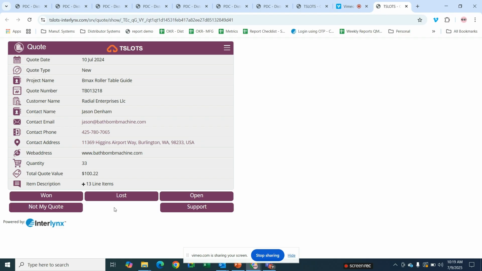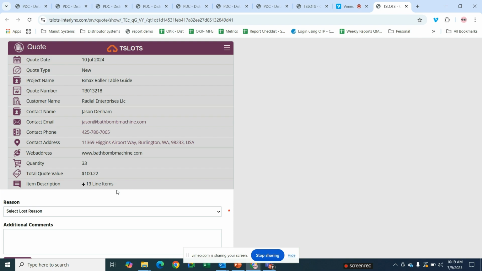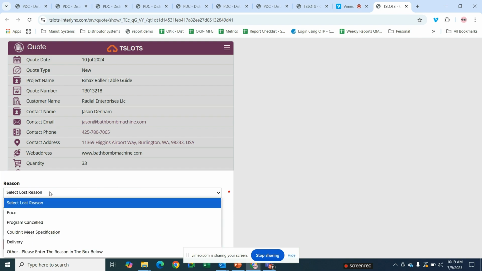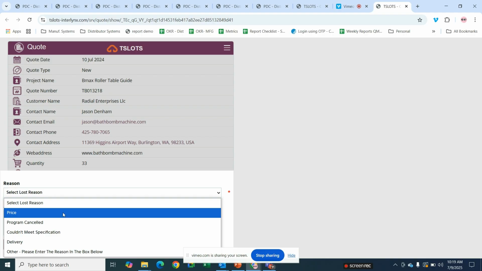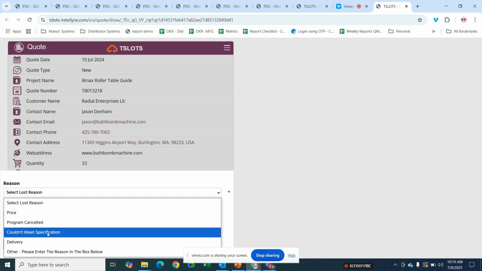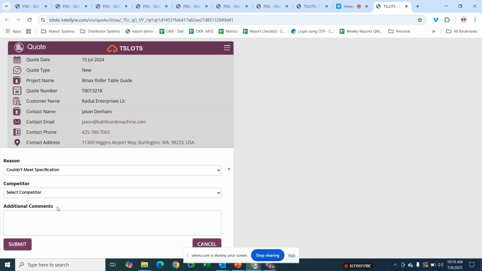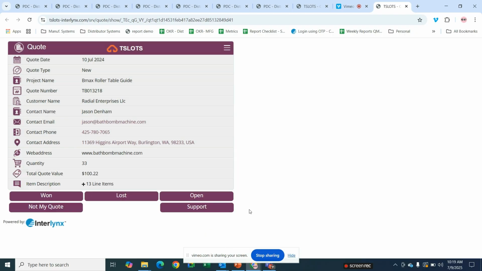But now, if it's not win, then it's lost. So if you have the final status as lost, simply choose the right reason from the drop down. Let's say price, program cancelled, couldn't meet specification or delivery. Select any one from the list, put your additional comments and click on submit. That way, this quote will be updated as lost in the system and you won't be receiving any reminders for